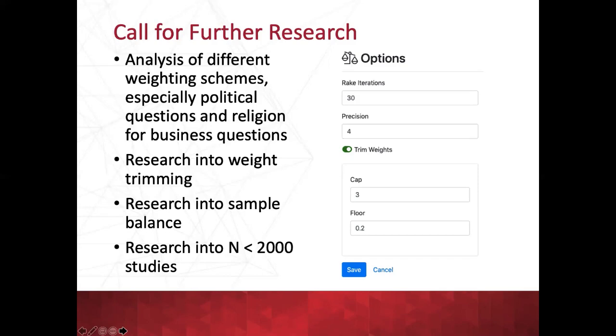Whereas five years ago, I would have told you, don't weight your non-probability sample, now I'm telling you that I think the research is showing that we should weight it. And we have to make do with some best practices while we learn and conduct more research on research to learn really the right ways to do some of these other items.